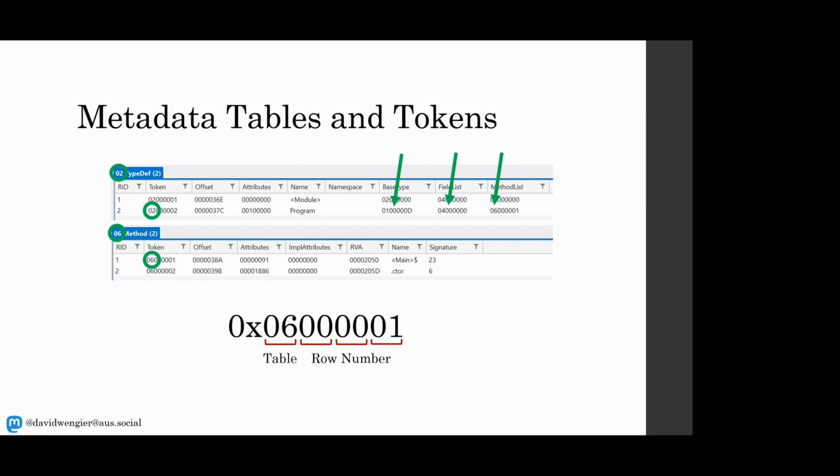I think there's more on the screen later. And so once you realize the first byte is the table it comes from, you see these everywhere, right? So I've highlighted on the screen, right? ILSpy neatly puts them in the actual header of the table. They're on the start of every token. All of these fields, if they start with O, and well, not even O. If the first byte is a number, it's